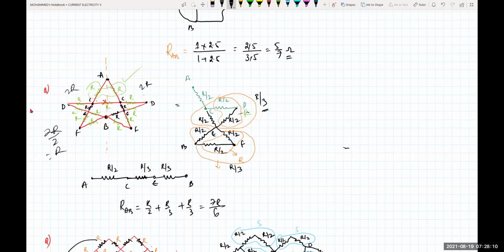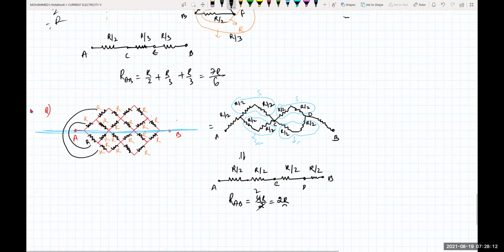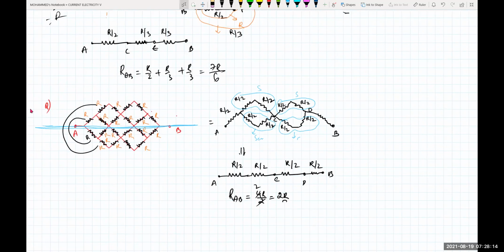Yes, sir. Sure. Next one. Try to do this one better. Across the resistance A and B, all of the resistances are R. Now folding symmetry. If I fold it, whatever resistance comes in parallel, perpendicular to your AB, that will become ineffective. So there are no resistances coming between A and B, beta. So everything will just become parallel.